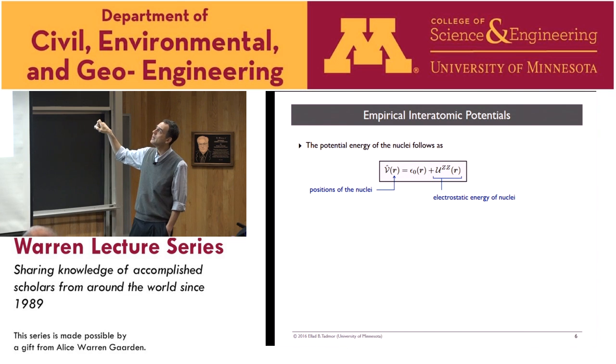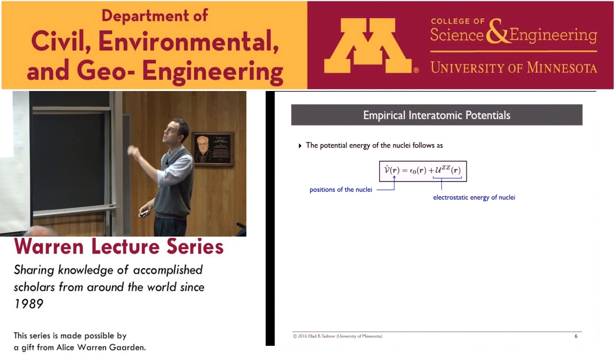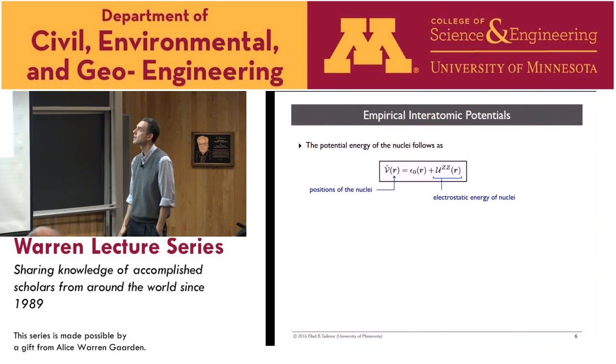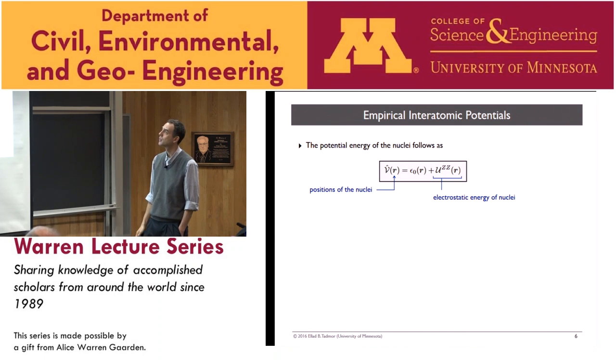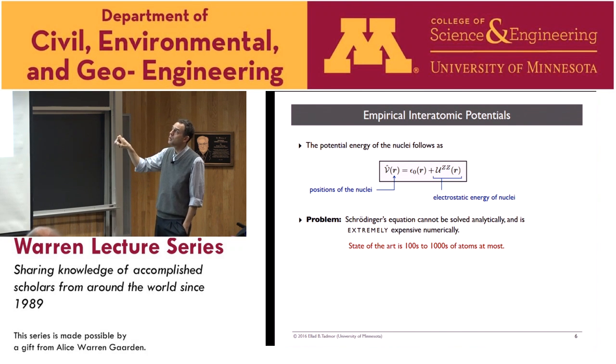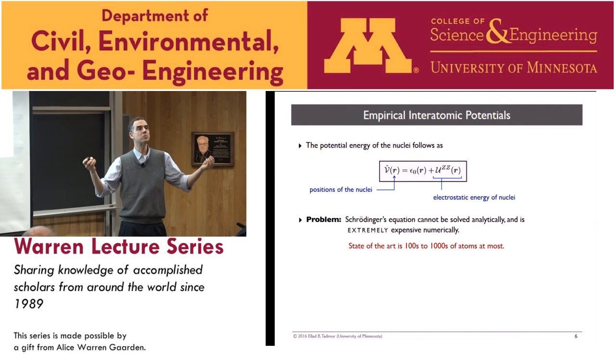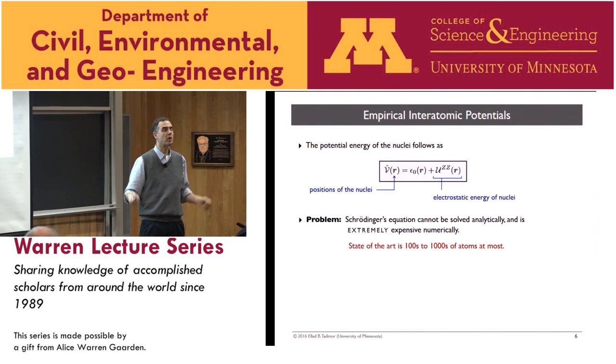So that means that we can write down a potential energy, which only depends on the positions of the nuclei R, and that can be composed of two parts. One is the nuclei interactions with themselves, and then a part which is the ground state of the electrons for that set of positions of the atoms. So this idea that you can write a potential in terms of positions of nuclei is related to that. So you see there are no electrons in the picture anymore. So in principle, if you could compute this, if you could solve for epsilon 0, you could have a model for any arrangement of atoms that you want, from which you could solve any problem you want.